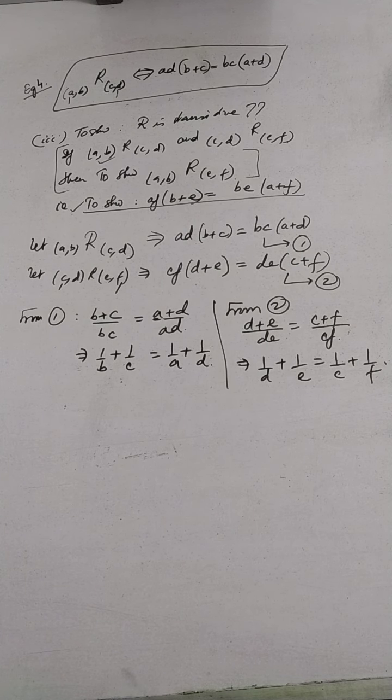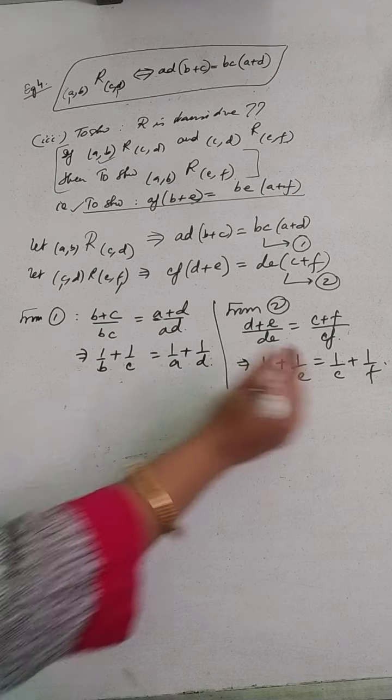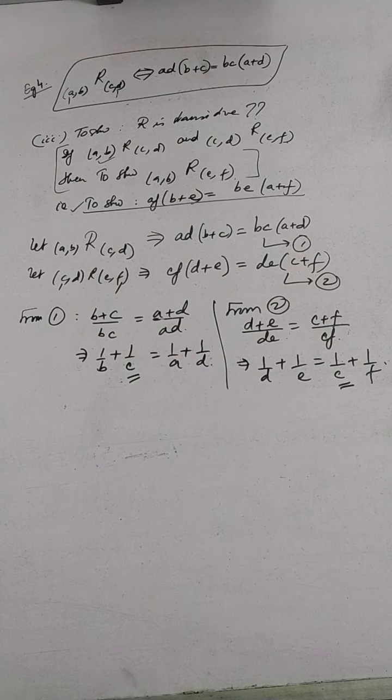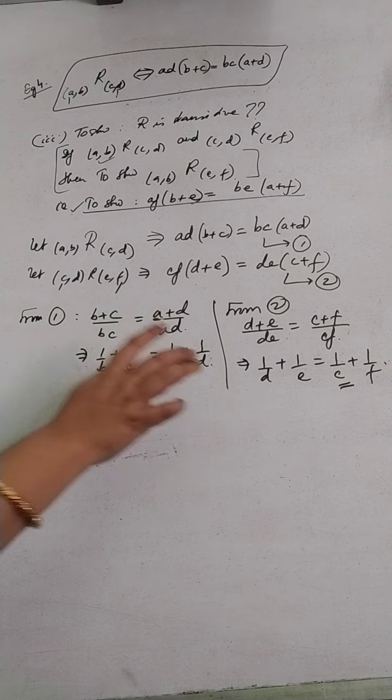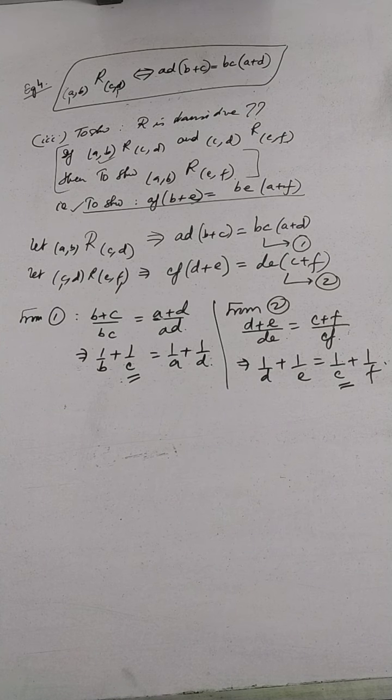So therefore, there are two options now. Okay. Either you make one of these the subject, that is, suppose you take 1 by C, which is here as well as over here. So you can make 1 by C the subject and substitute over there, or you can make 1 by D the subject and substitute over here. Okay, that is one way of working out, you will get the result.